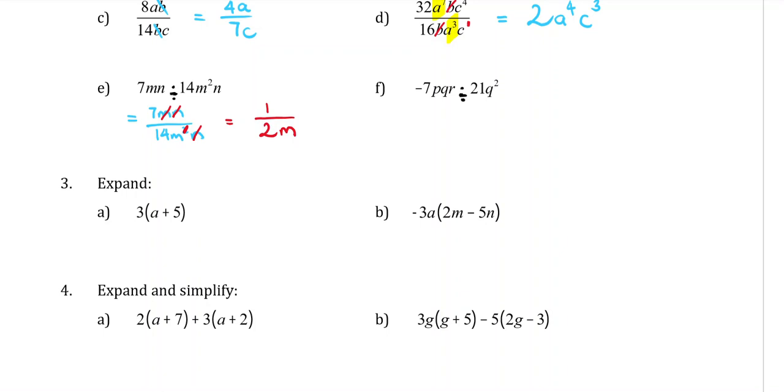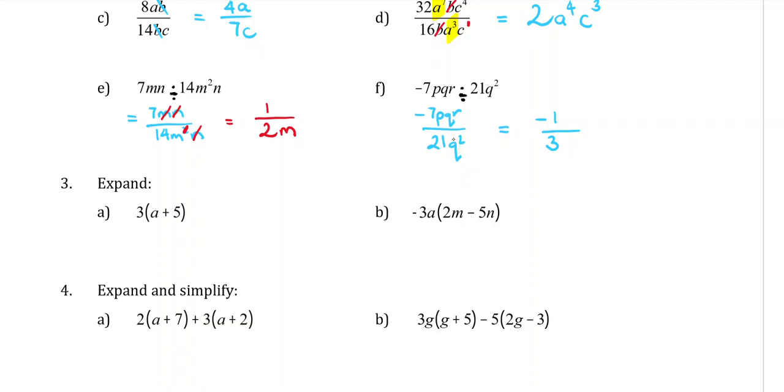F, I'll do the same thing. Because 7 divided by 21 doesn't go nicely, I'm going to write this as a fraction first. So minus 7PQR over 21Q squared. 7 divides into 21 three times. So we can simplify those numbers down to be a negative 1 on the top and a 3 on the bottom. Then looking at the letters, on the top and the bottom we have these Q's here, but we have